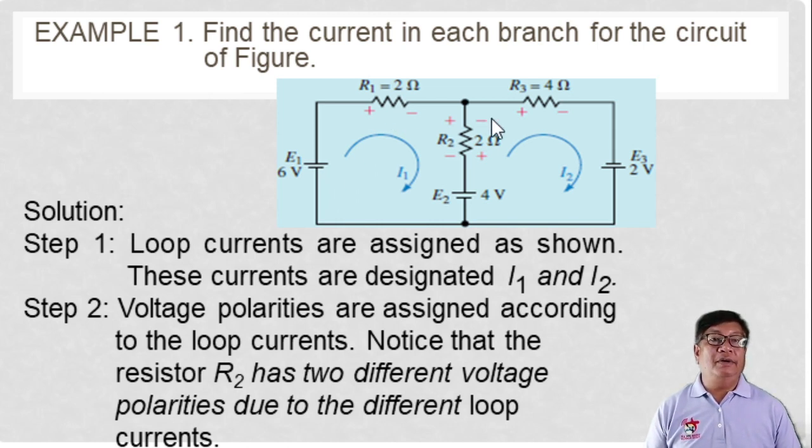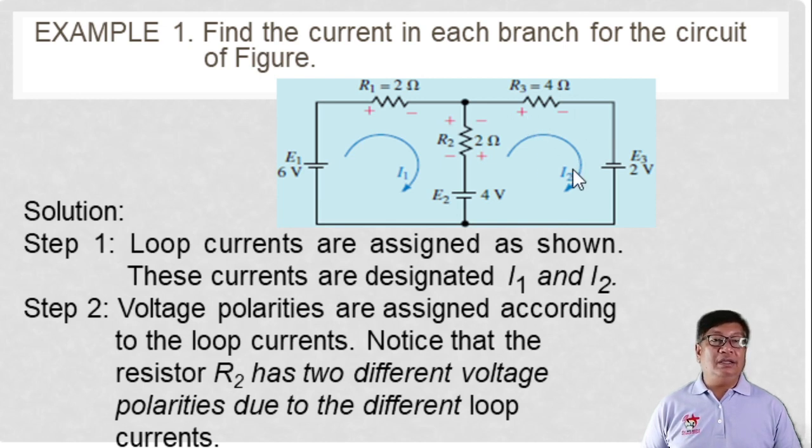So as you can see here, we have three resistances. We have R1 which is 2 ohms, R2 which is 2 ohms also, and R3 which is 4 ohms. Because of this loop current I1 and loop current I2, we have the polarity for the resistor or the load. We have this positive and this negative. For R2 here, this is positive and this is negative due to loop current I1. And due to loop current I2, we have this negative and this positive to make this voltage drop. We have also for R3, due to loop current I sub 2, this positive and